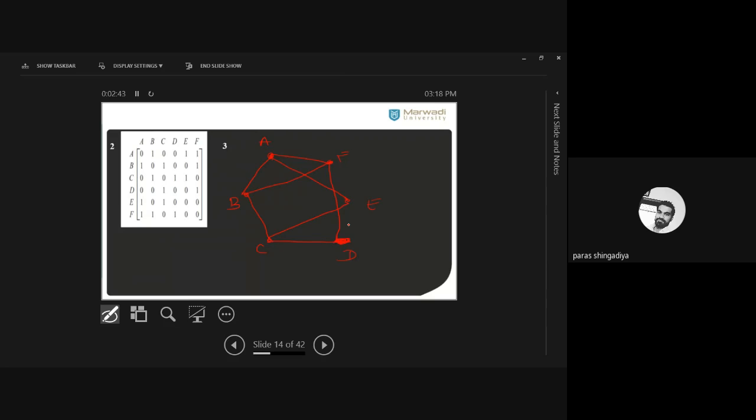Okay, now verify the graph. How many ones appear in the first row? There are 3. So how many edges should there be at the first vertex? 3 edges. Clear? How many ones appear in the fourth row? That is 2 ones. So how many edges appear from D? That is 2. Clear? That way we can verify it. समझ में आएगा नहीं? Is there any confusion? Is it clear? Is there any doubt?